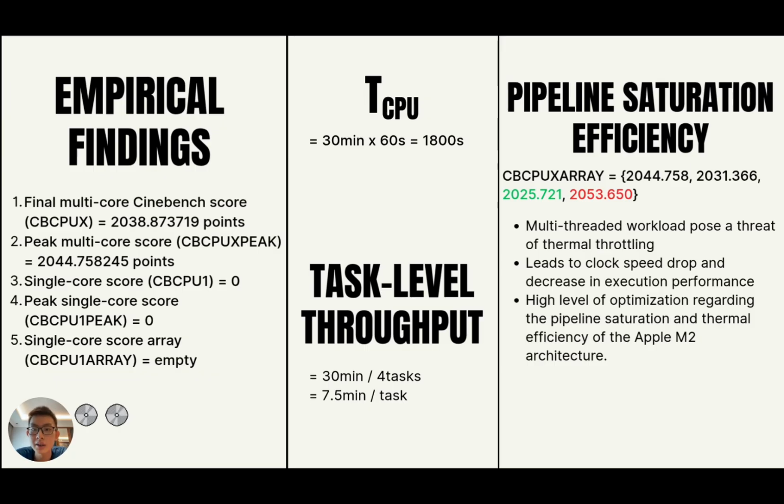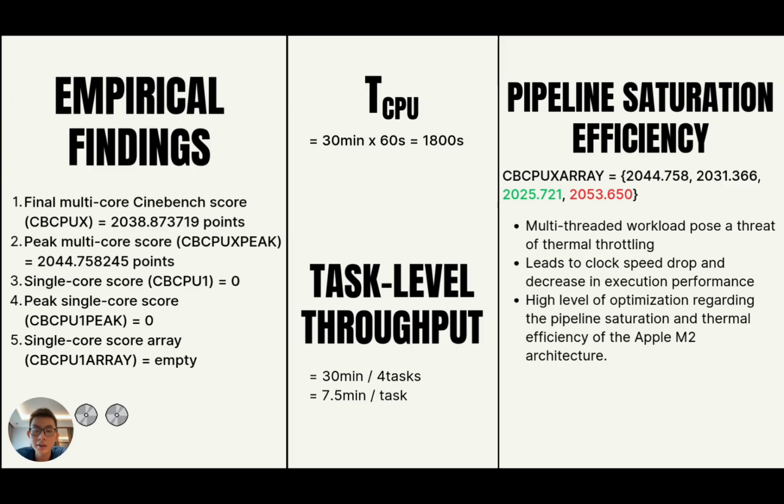We can see that from the first iteration, it is 2044.758. Second iteration, 2031.366. The third iteration, 2025.721. Then the fourth iteration, 2053.650. So within the computer architecture, multi-threaded workloads increase the temperature of the CPU and usually pose a threat of